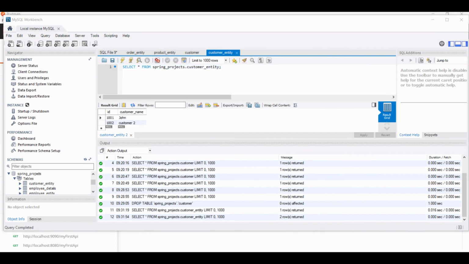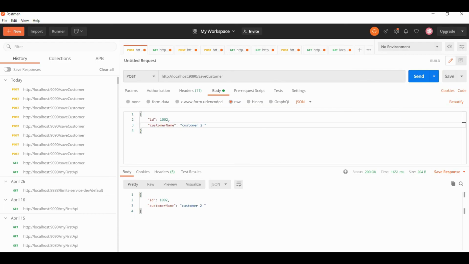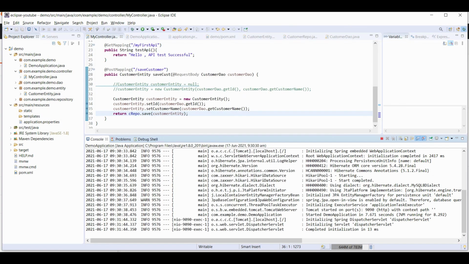And sometimes in Postman we are sending this ID, but in an actual call this ID will be auto generated. So we can do it using an annotation called @GeneratedValue in the customer entity table.